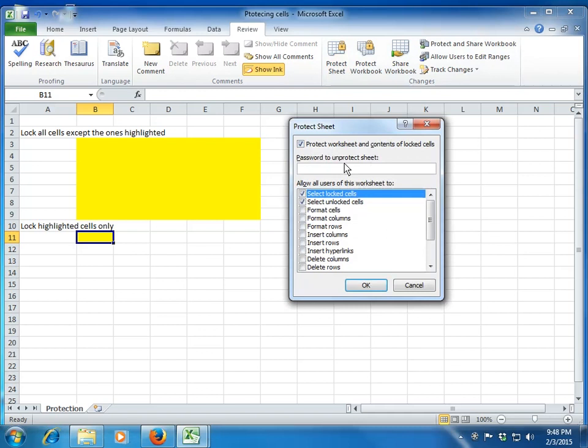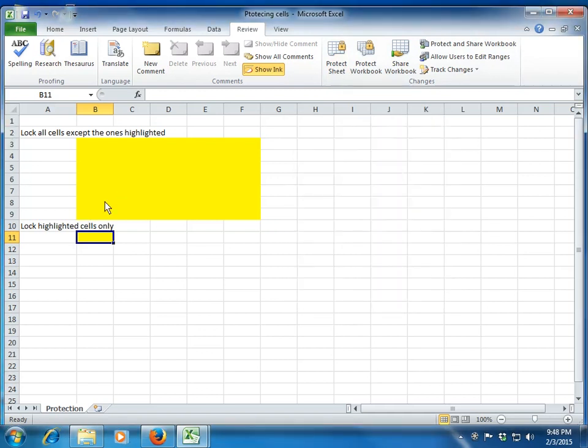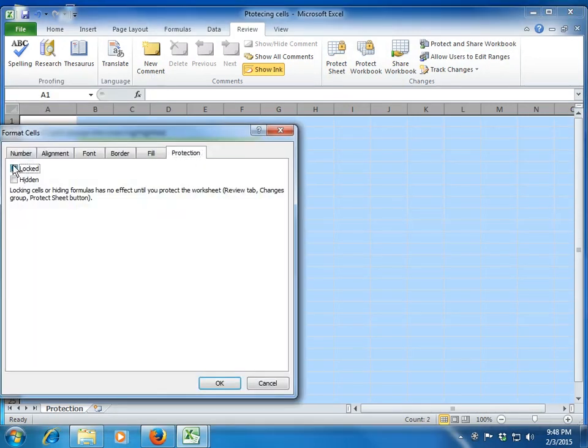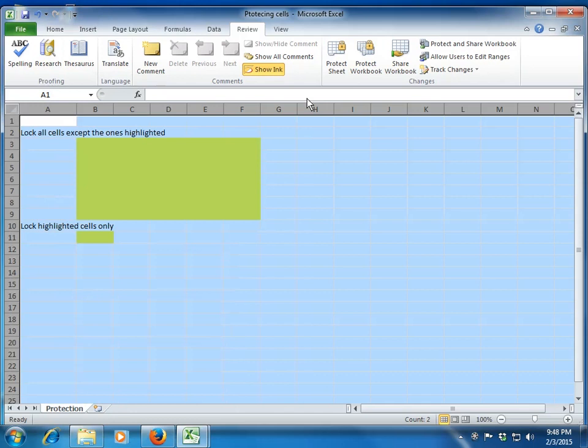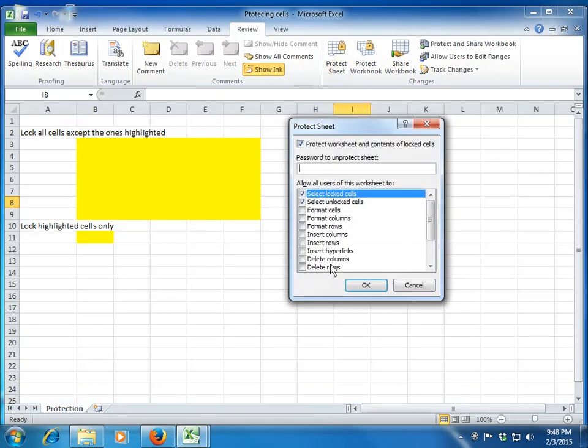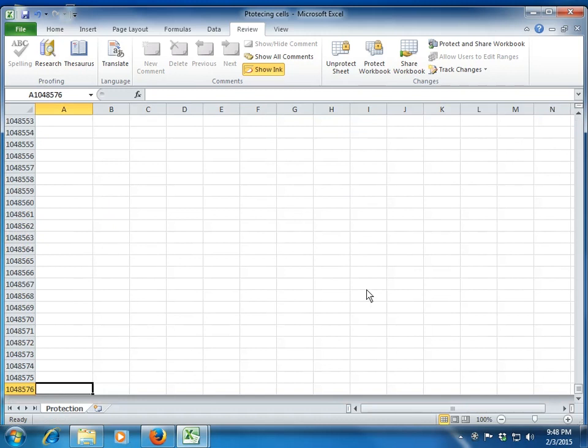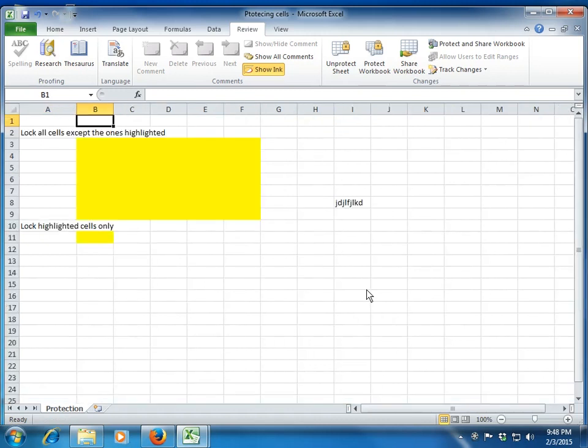So if I just simply go and protect the sheet, let me first unlock all the cells. Okay, so all the cells are unlocked. So in that case, even if I protect the sheet, nothing will happen. Okay, so you see, I am able to make changes to any of the cells if I want. So the Protect Sheet feature works only when your cells are locked. Otherwise, it will not be a useful feature for you. Right? So next time when you are creating a template and you don't want a certain part of the data to be modified while a certain portion of the cells can be modified, you can use Protect Sheet with the locked cells.